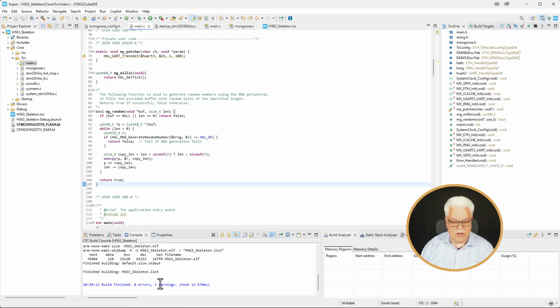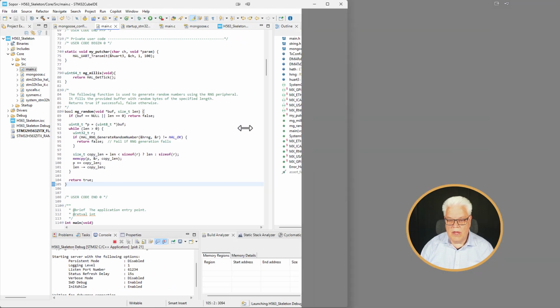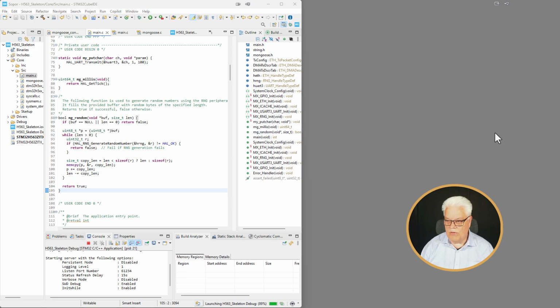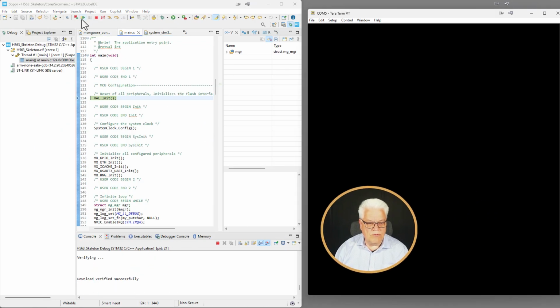So there were 0 errors and 1 warning, and we can now try to get that down into the code and see if we get rid of that error message. I will just bring in the terminal again. So if we now run it,